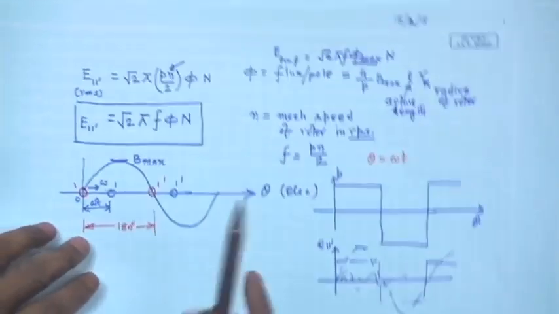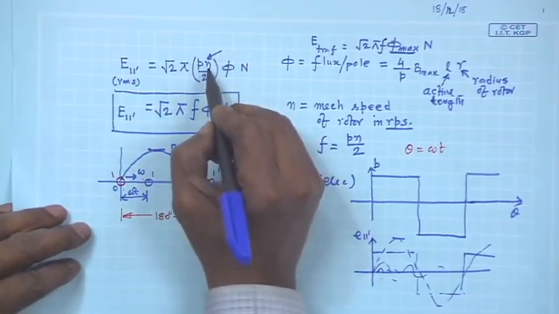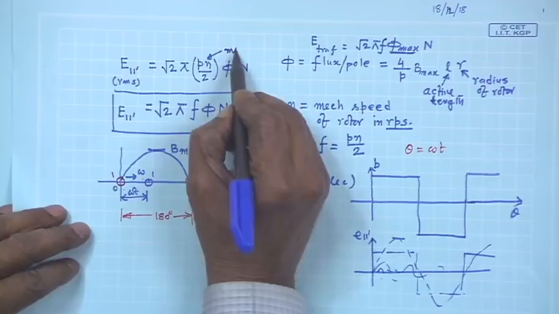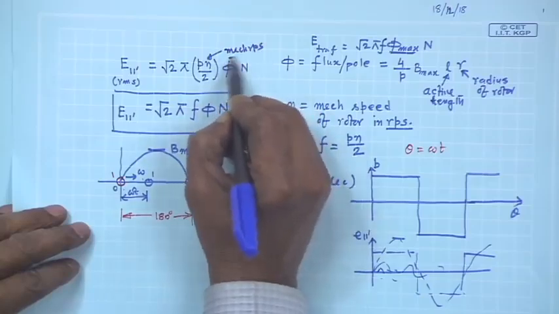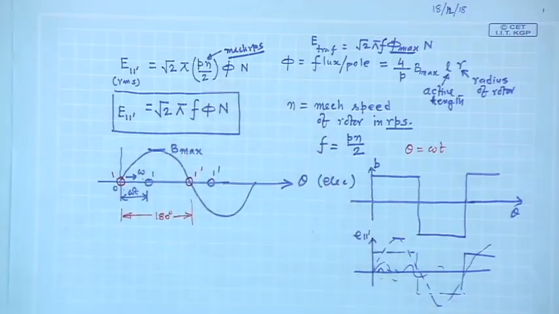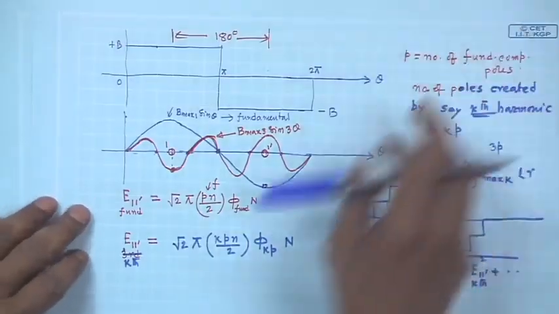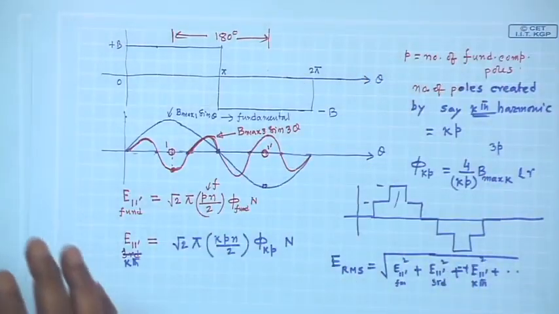Therefore, this expression is the most important one. N is the mechanical RPS, the mechanical speed, phi is the flux per pole, and we will generally neglect the harmonics because, as we will see, I will try my best to make the B distributions as close to sinusoidal as possible, so that harmonics can be neglected. So, in this lecture, I have told another important thing to conclude this: